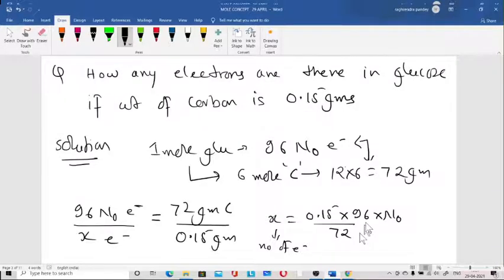N naught electrons means N naught. You can leave it as N naught, because N naught is a constant number. You can leave it like that. But you have to see in the exam whether there is an option of N naught. If there is no option, then you have to multiply. Here you can leave. It's a class, no problem. Anybody having any doubt?